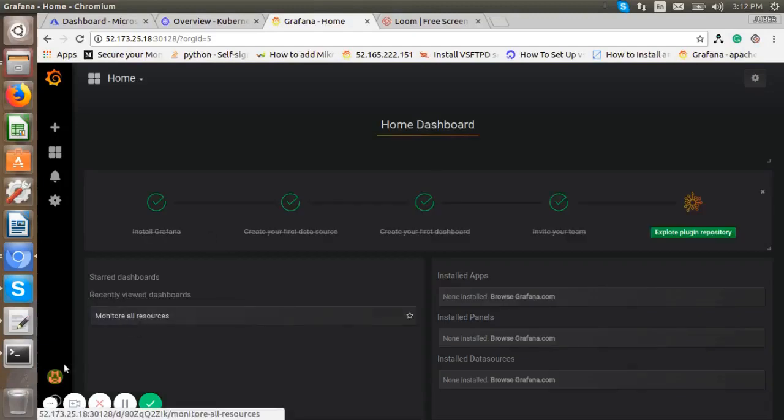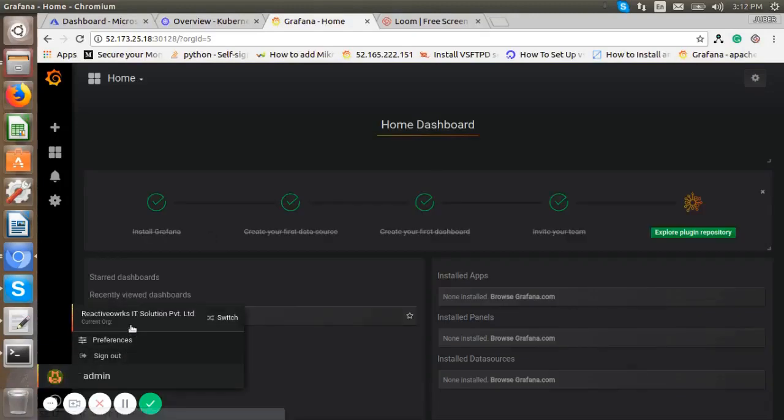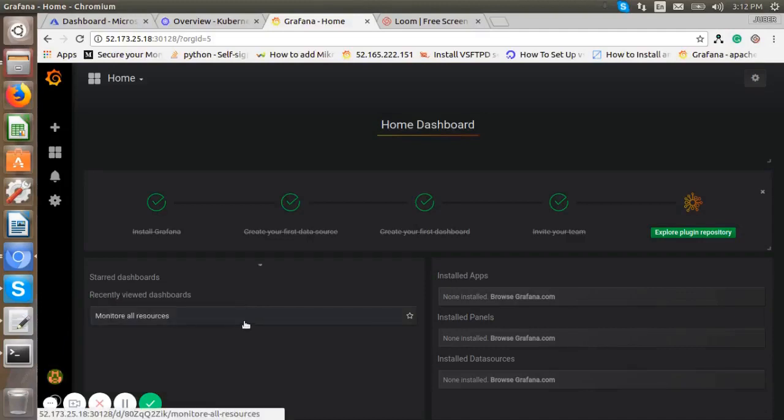Now, in the ReactWorks organization, only one dashboard is present. This is the admin user dashboard, to monitor all the pods and containers. Now we have created one normal user for the ReactWorks organization, and it monitors only Apache containers, specific container resources. So for that we need to add one folder again,